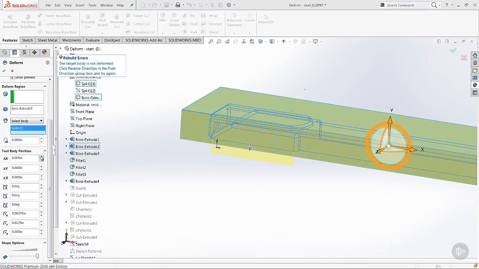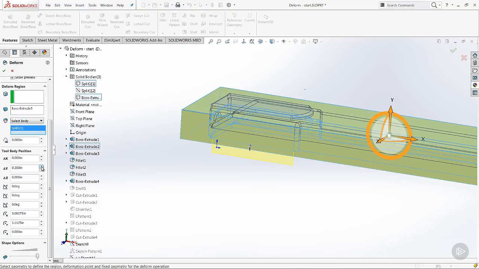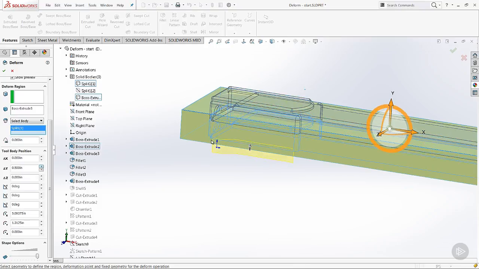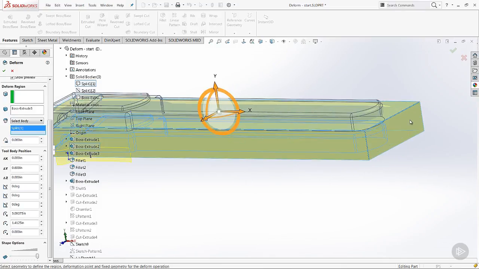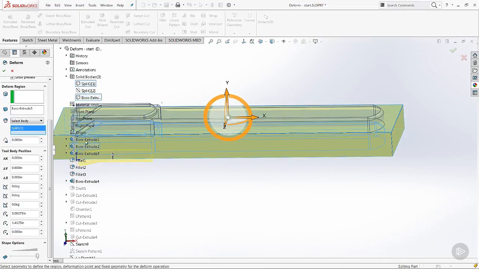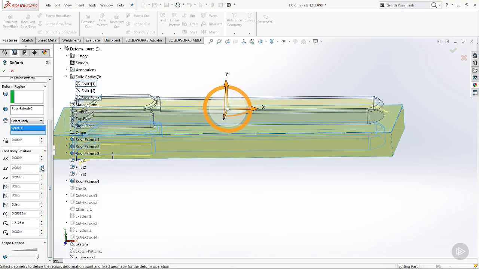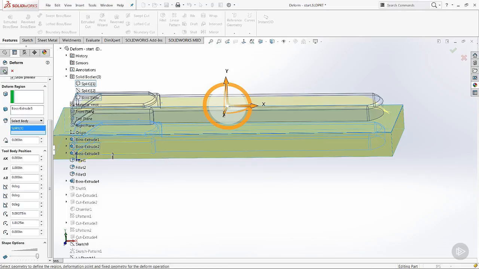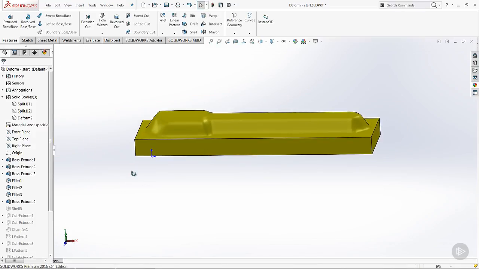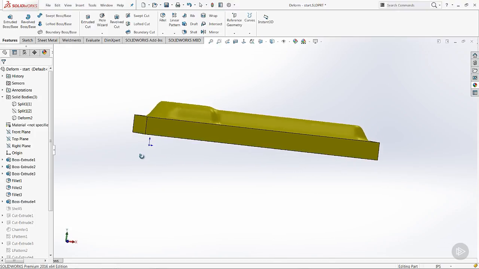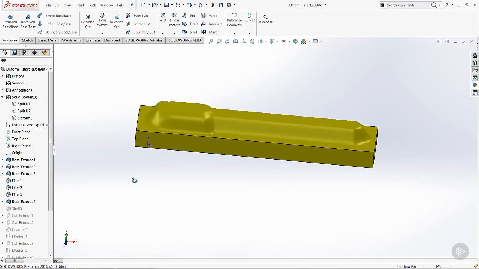we actually need to come in and move our tool body up into the part. So we're going to come up in the Y direction and give it a little push there. And we can start seeing the preview there deforming, maybe a little bit more on the right side. So we're going to go up about an inch, and we'll see what that result looks like and say OK. Okay, so if we look at that, we can definitely see the body being kind of pushed up into the